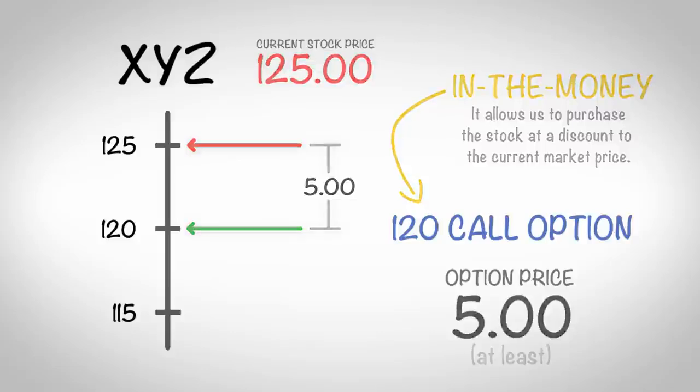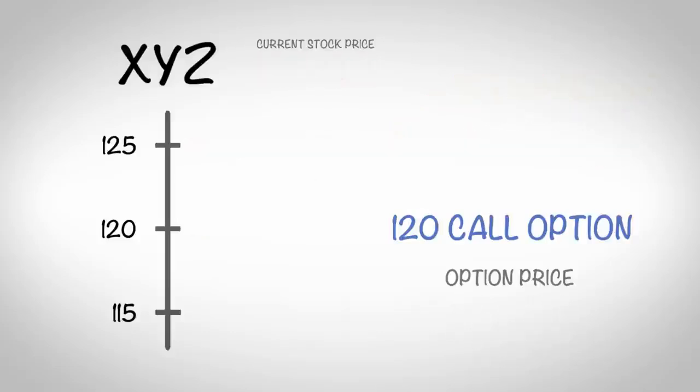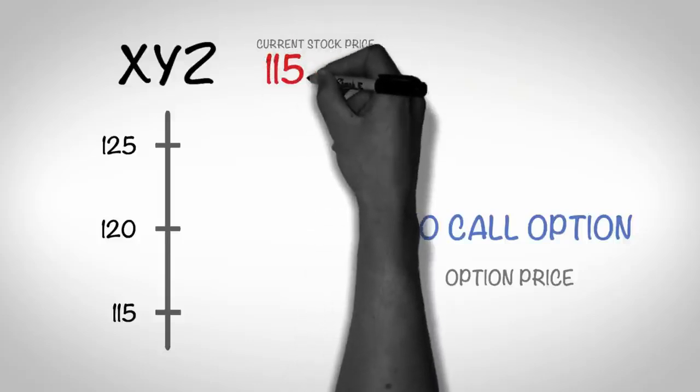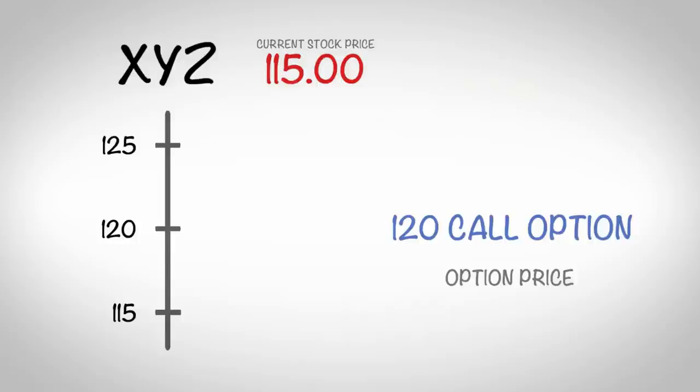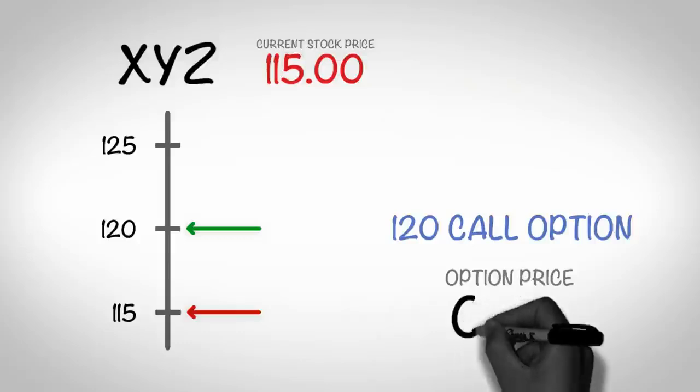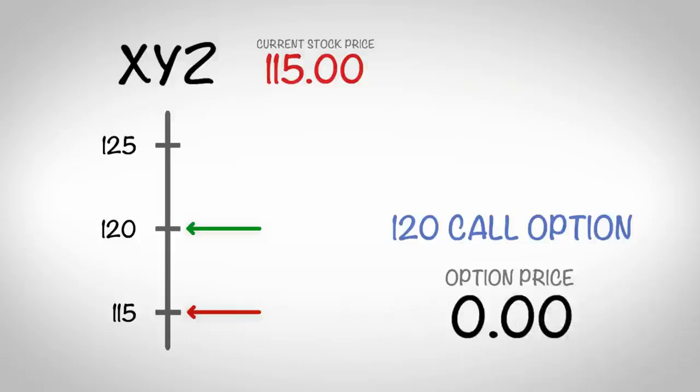Now, one more scenario. Again, let's say you own the 120 strike call option, but this time the stock is much lower than that. It's currently at 115. If you own an option that gives you the right to buy stock at 120, but the current stock price is below that at 115, assuming there's no time left to expiration, how much is this option going to be worth in this case? Right, it's going to be worthless,